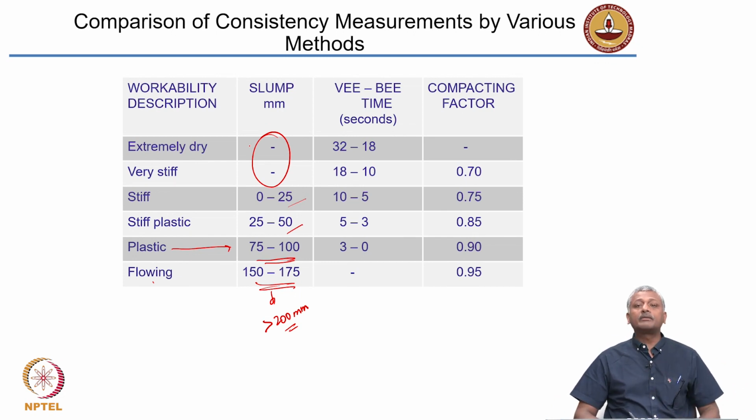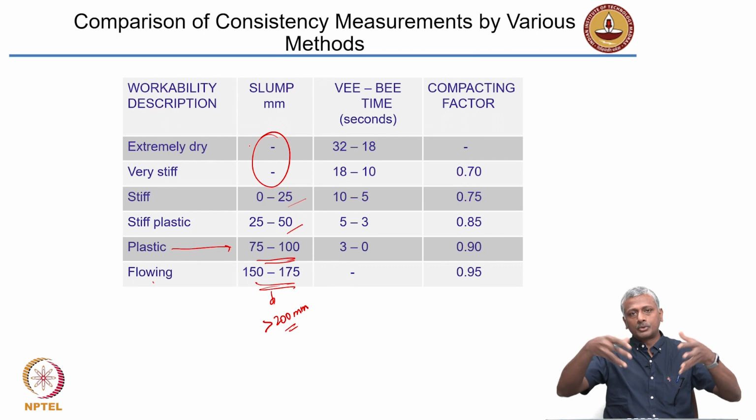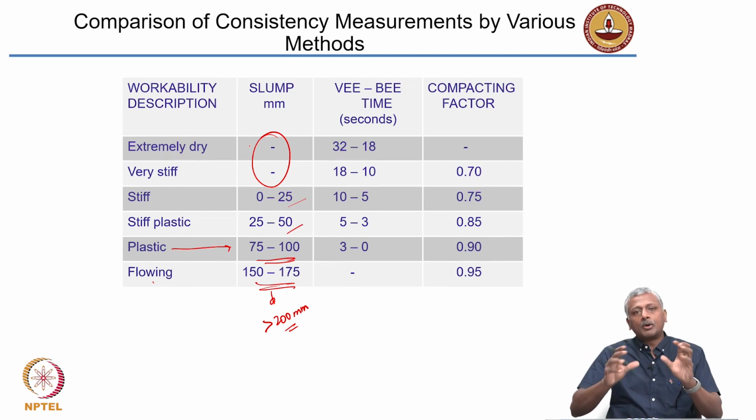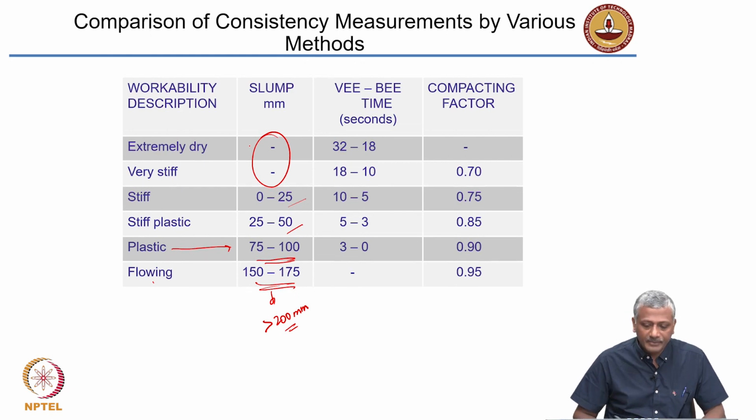Again, when you want to make concrete blocks, we talked about concrete blocks in the masonry chapter. So most of these concrete blocks are poured through the block making machine and extruded out. They are extruded through the block making machine. In such cases, the workability needs to be very less. It needs to have a stiff or extremely dry consistency, so that after it's extruded, the block can maintain its shape. Okay? Otherwise, it will start collapsing.